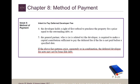First of all, they want to know, does the note exist? If you don't have a note, that's something they're going to look at. Does the note accrue interest? Lack of an interest rate suggests that the note is not an arm's length transaction. Does the note or other documentation suggest that no payment is required